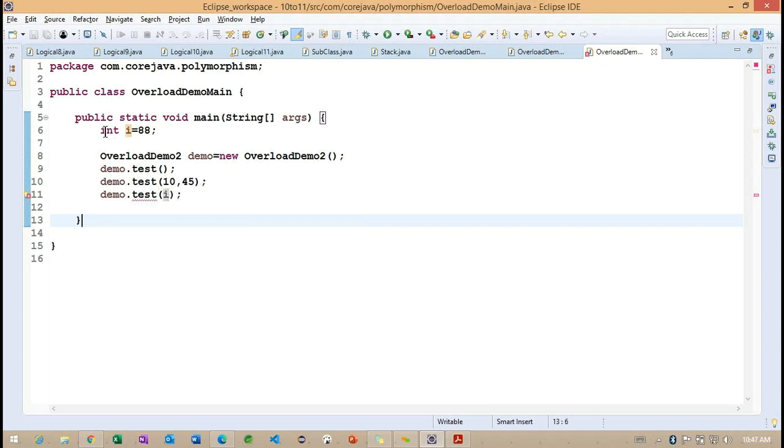Which is the highest value? Is integer the highest value or byte the highest value? Which data type is going to take more space, byte or integer? Byte, sir. So if the byte is going to take more space, we don't want to get any error regarding this particular line number 11.